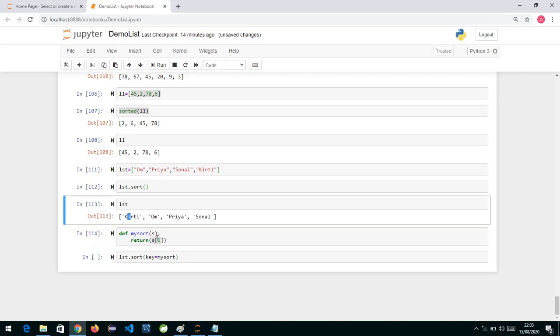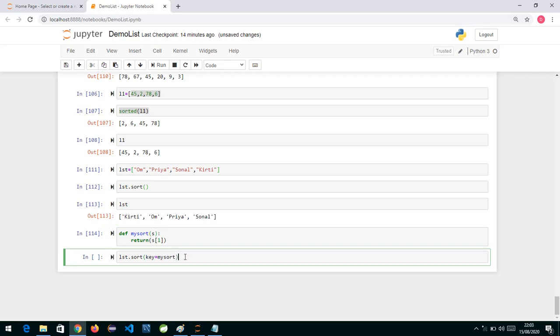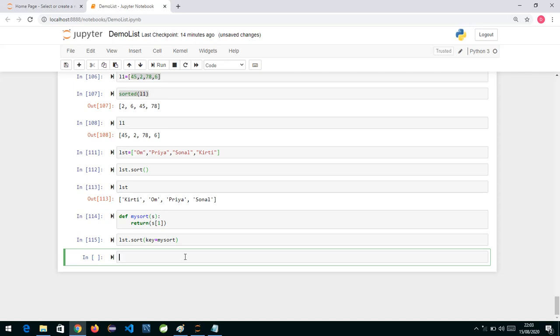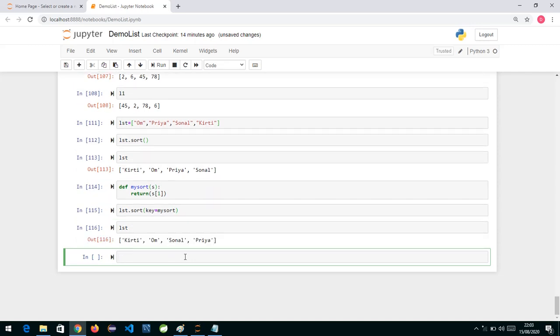I. We have learned that in strings we can do indexing. So K is at s[0], i's position is 1, and so on. Now let's check whose name will be first. I feel Kirti's name will be first, so let's check the list. It's the same thing we got.